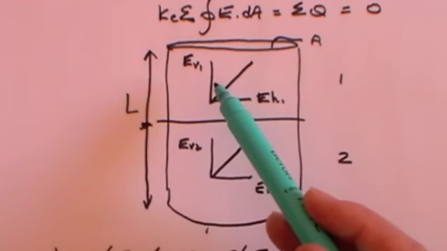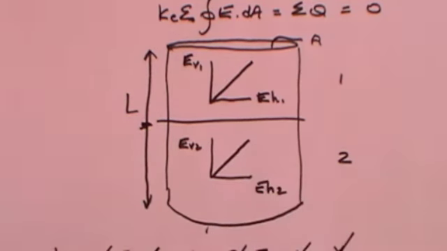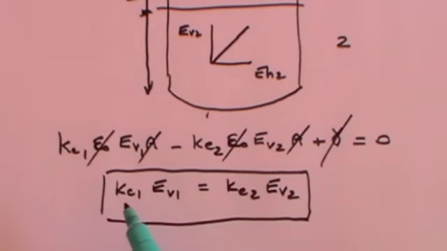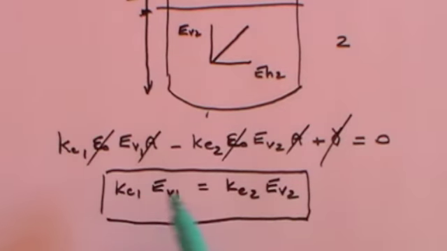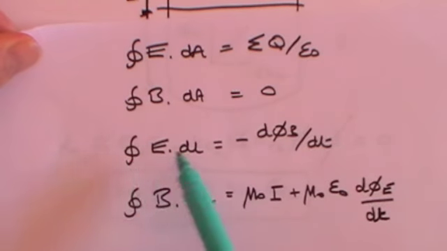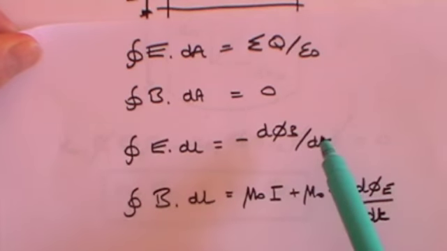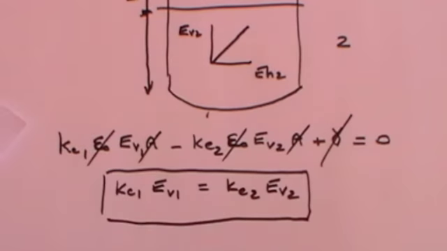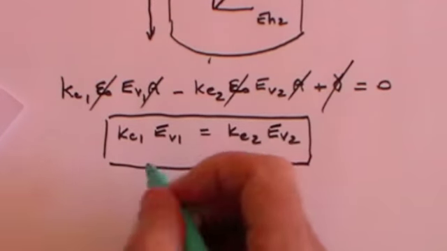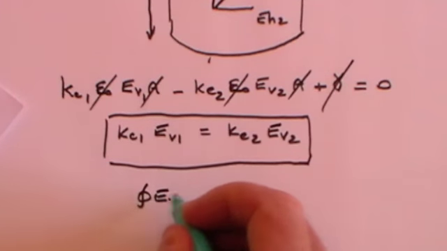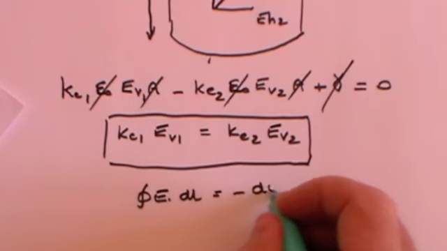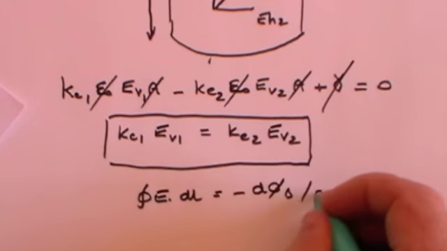So what we've actually found is that the respective size of the vertical components of the E field change as the electric vector moves from one dielectric to the other. And the extent to which they change is determined by the coefficients of the permittivity factors. Now I want to stick with E fields for the moment, so we're going to look at the third Maxwell equation, which is the E dot dl term. So that's the integral of E dot dl is equal to minus d phi b, that is the magnetic flux,